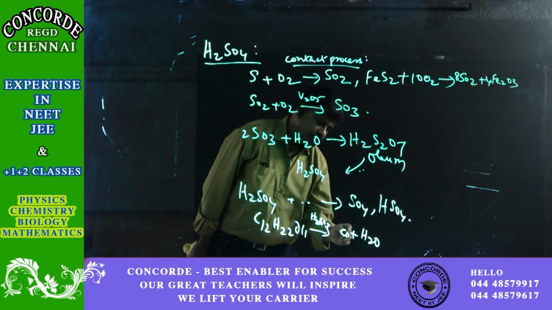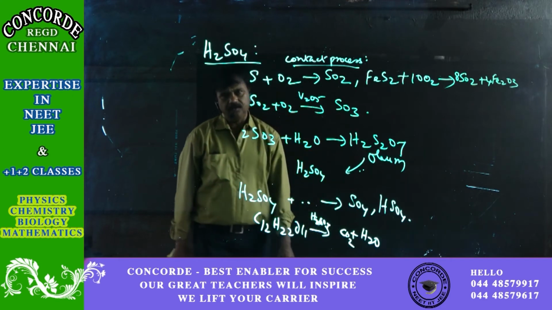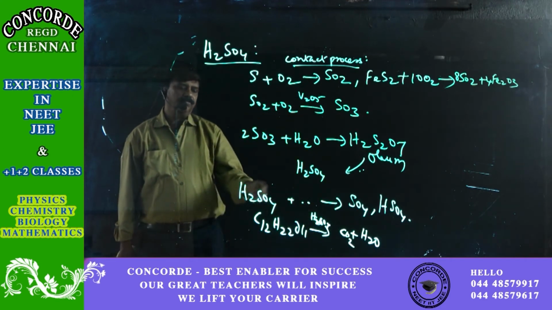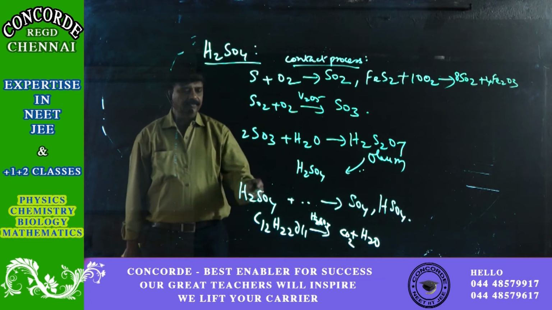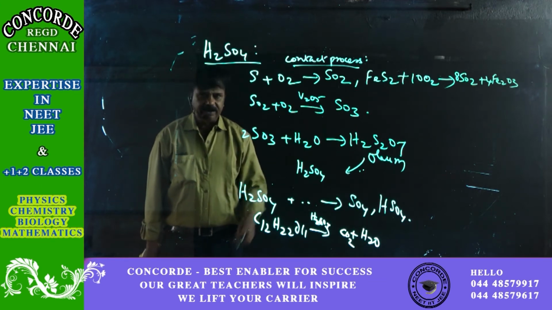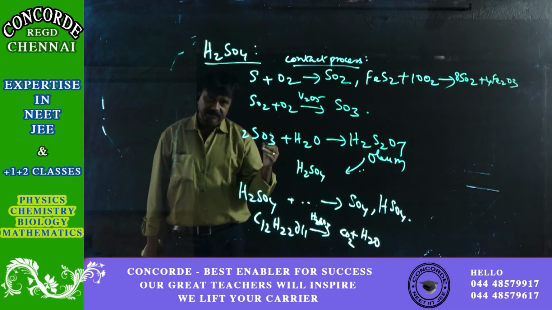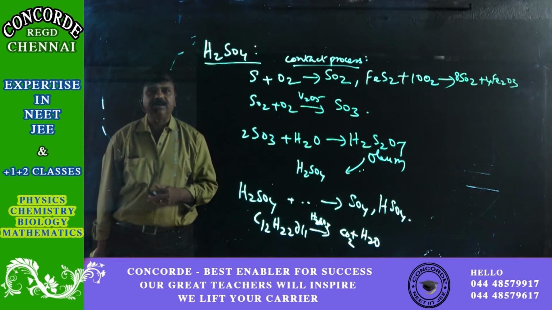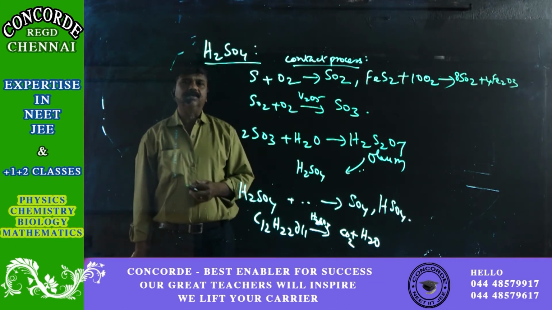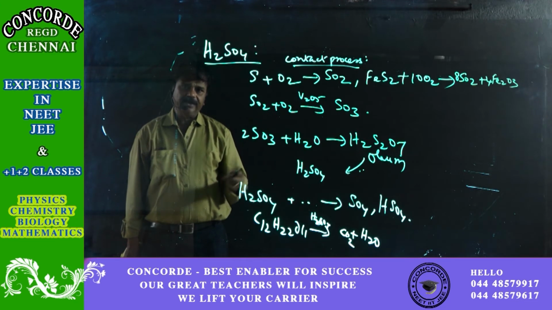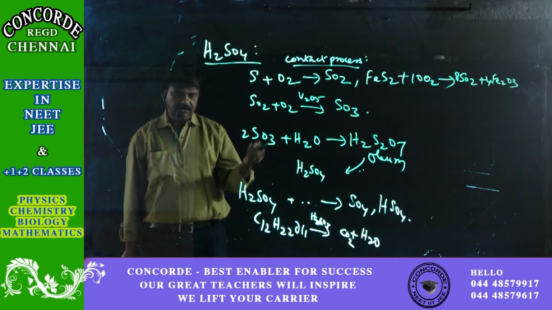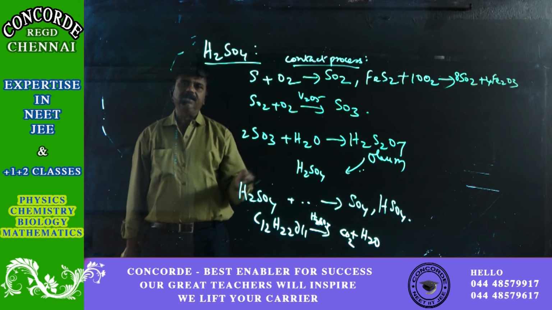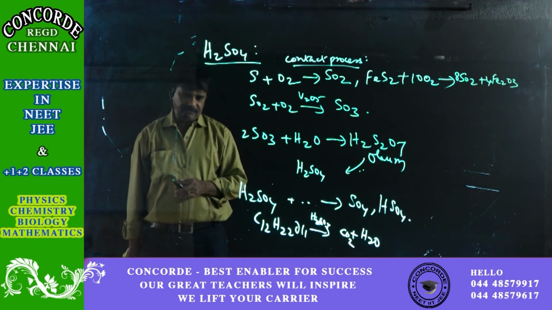Or it can become even CO2 and H2O. So water molecules, wherever they are, are removed by the sulfuric acid. It's a powerful dehydrating agent. So concentrated sulfuric acid can be made into dilute sulfuric acid, and this process also is a very vigorous process involving a lot of energy. So again, it has to be done very carefully, very slowly in a container of water, and the H2SO4 should be added in drops with continuous stirring to make concentrated H2SO4 into dilute H2SO4.